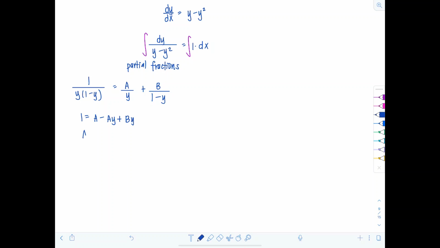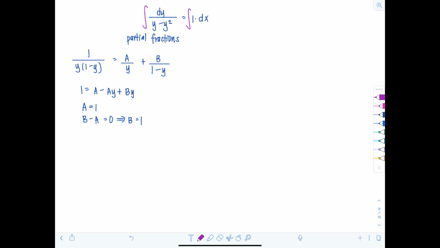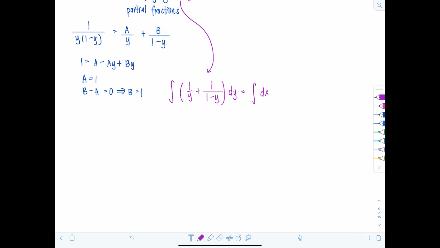So I can see clearly, okay, a is equal to 1, b minus a is 0. So if a is 1, then that means b is 1 also. So now let's start anti-differentiating. We have the integral, they're both 1, so we have 1 over y plus 1 over 1 minus y dy equals the integral of dx. All right, so the antiderivative of 1 over y, that's going to be natural log absolute value of